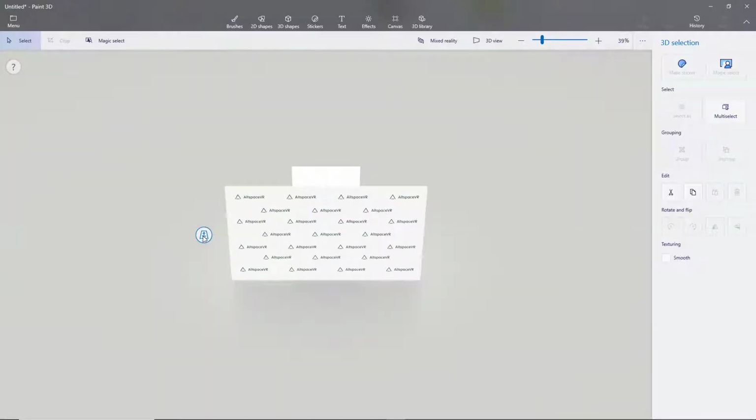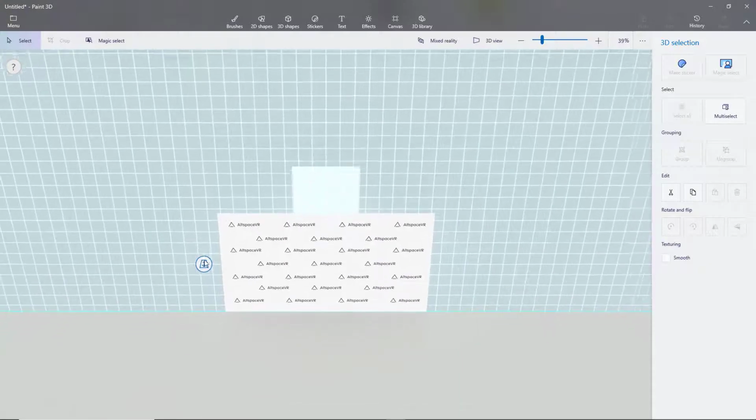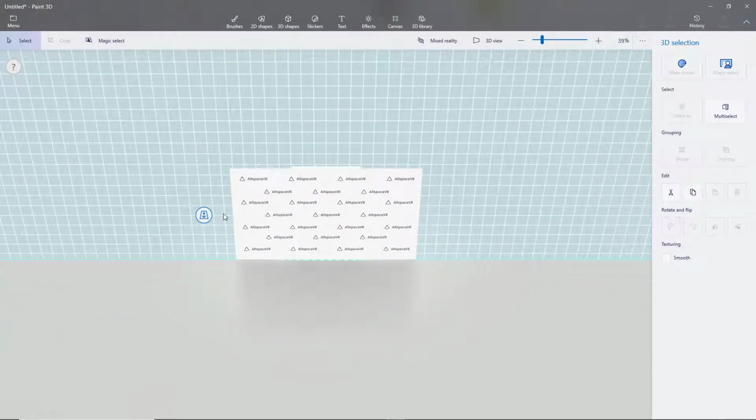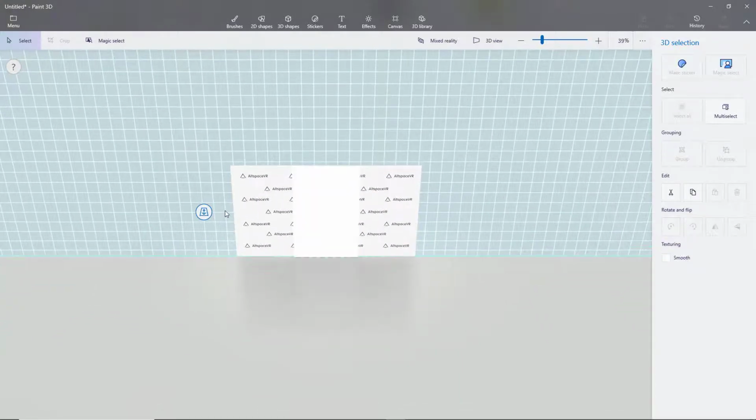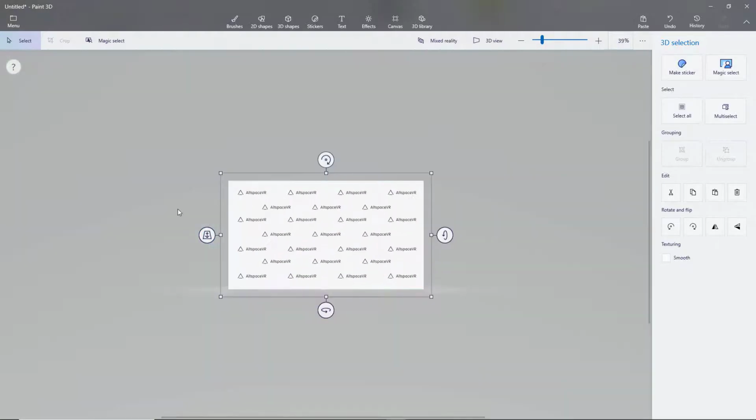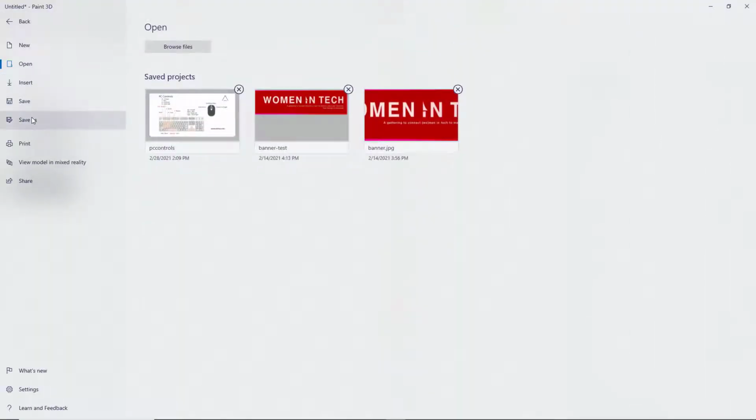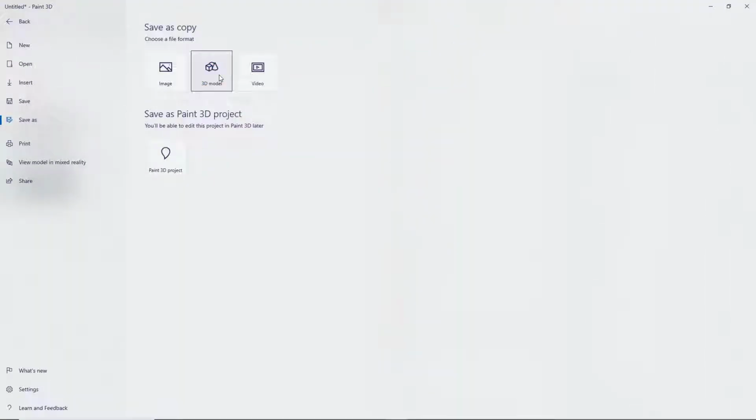And if you look, it's actually standing out a bit from the canvas. So I want to take that back a bit there and have it just kind of lined up. Otherwise, when I bring it into the world, it's going to be a lot thicker when you actually go to look at it, because there'll be the canvas and there'll be some space, and then there'll be the picture that I brought in. So now what I want to do is save this as a 3D model,